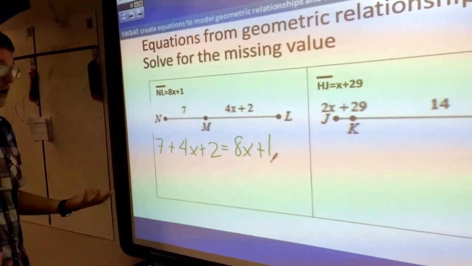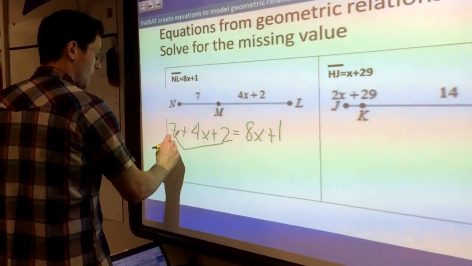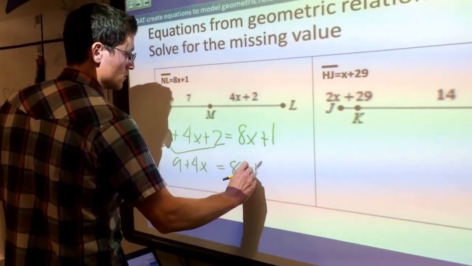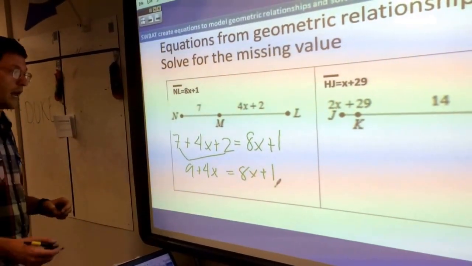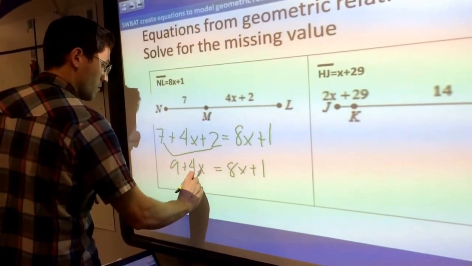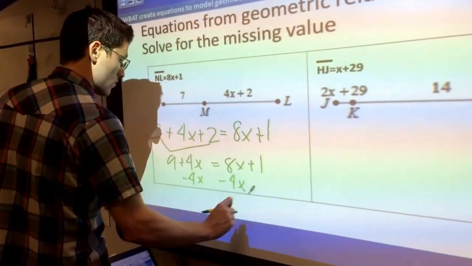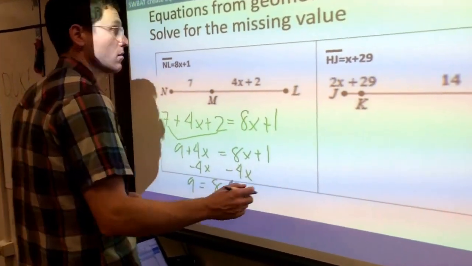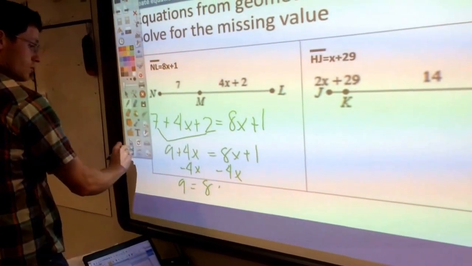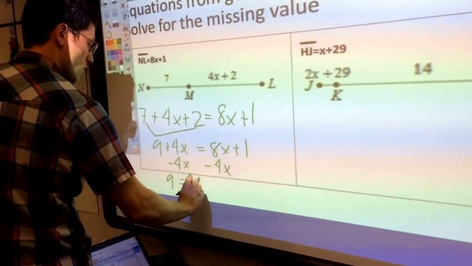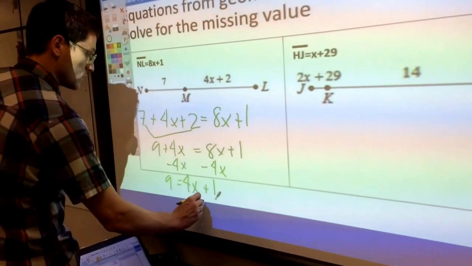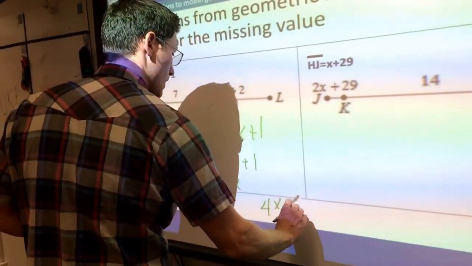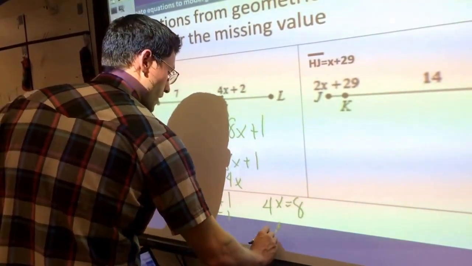Okay, and now we just have to solve. Okay, x on both sides, but we're still going to combine like terms first. And then just get our x's on the same side. Get rid of this 1. We end up with 4x equals 8. When we divide both sides by 4, we end up with x equals